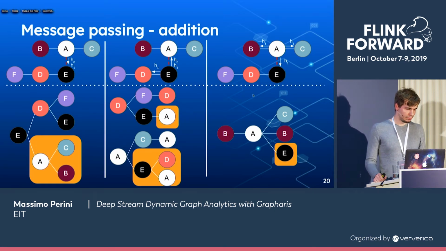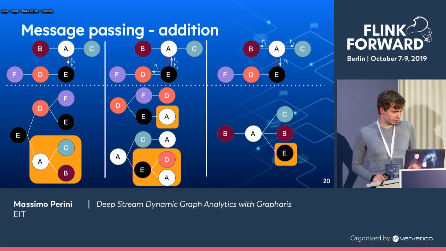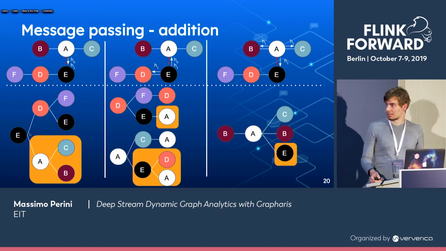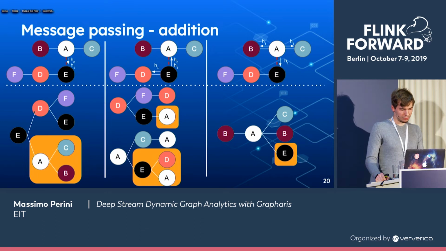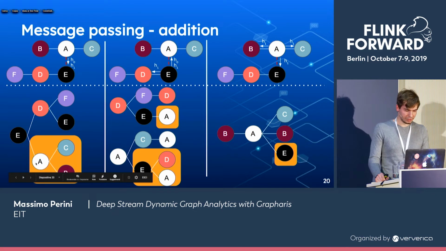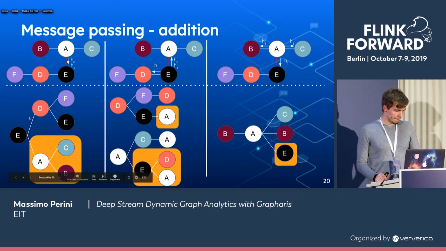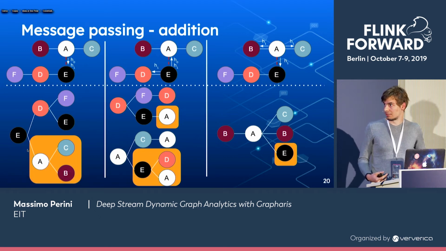For example, we have a new edge between vertex A and vertex E. So we transfer the information about the vectors of A, and the information about the vectors of A that aggregates from vertex B and vertex C, to node E. Node E then has a better understanding of the graph, and so we can re-infer over the vertex. How? We can compute the first layer, so the aggregation between E, D, and A, since A is a new vertex, basically. And this new vector is also shared with the neighbors of E. Then, of course, vertex E also recomputes the second layer and updates the prediction of the vertex.